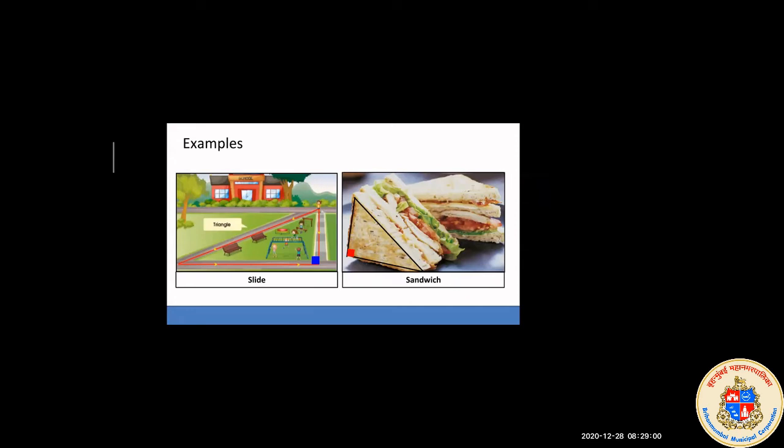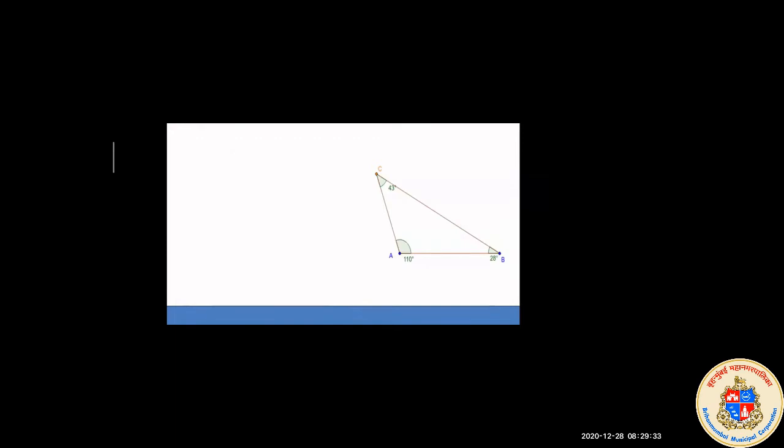Next, an example of a right angle triangle is the slide which you play on in the park. The ladder is exactly 90 degrees to your ground, so we can say it is a right angled triangle. The next is a sandwich. A sandwich can also be a right angle triangle. Sometimes it might not be, but here my sandwich has a right angle triangle, so I can say it is a right angle triangle. The next is, in this, if you observe this triangle, what you can see,